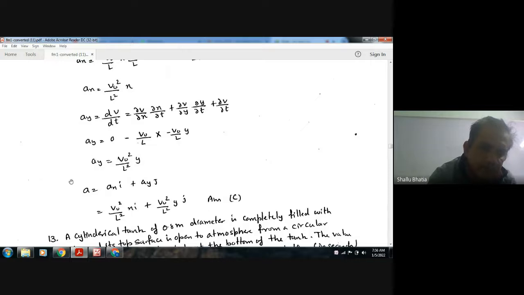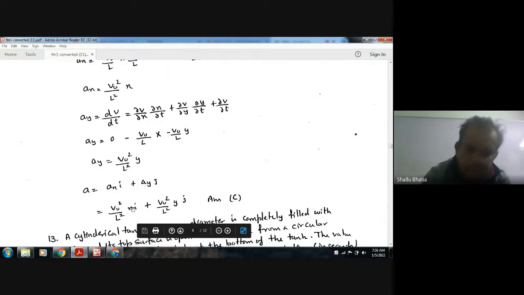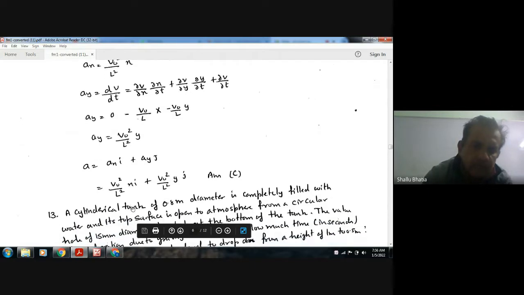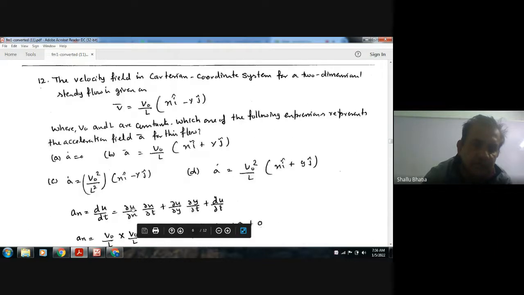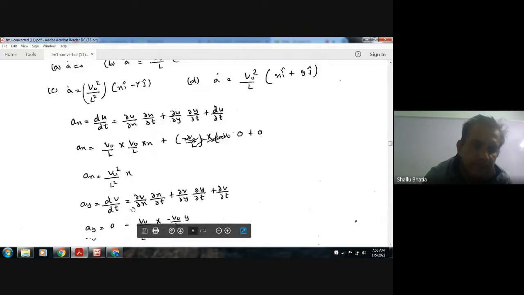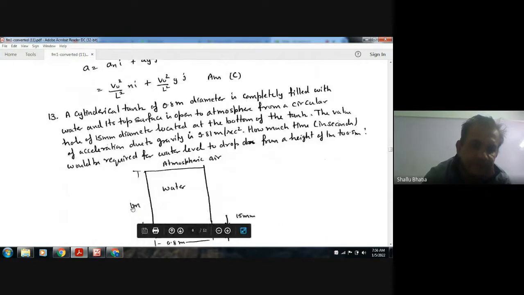So actually this is the expression in x direction and the expression in y direction. So a is your ax i and ay j. So the answer is a equal to v naught square by l square x i, and ay is your v naught square by l square y j. So the answer is your c. Okay. Next,